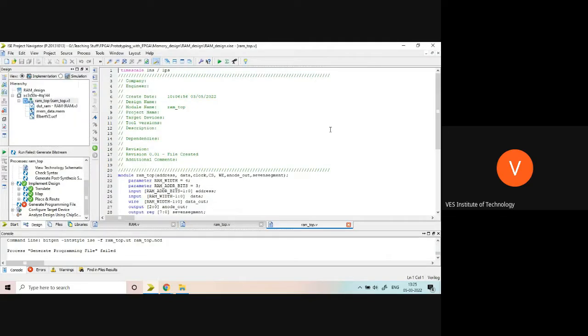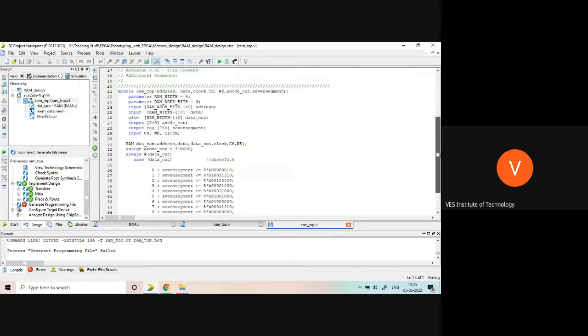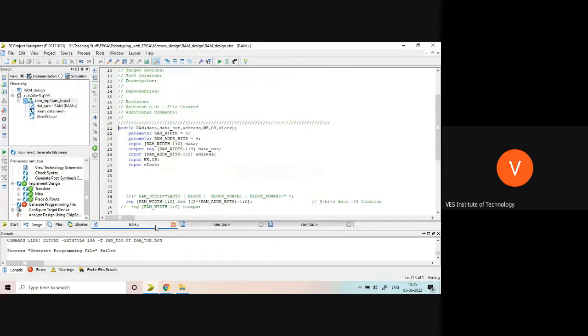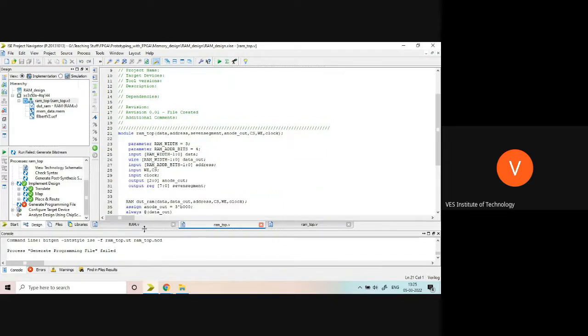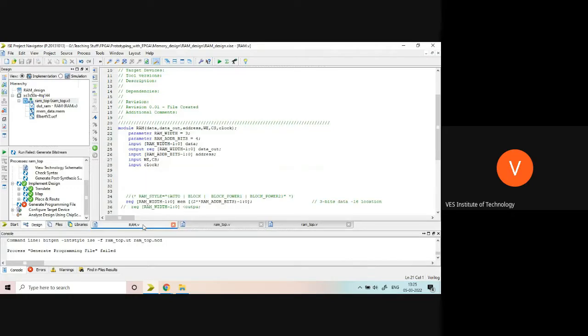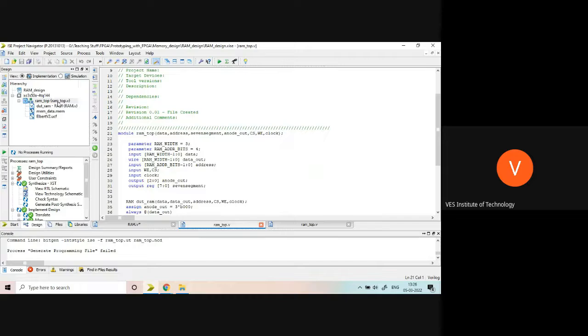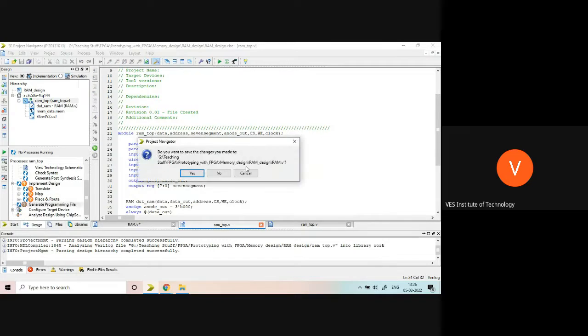Wait a minute, something has gone wrong. Okay, RAM width is 4, but I'm using RAM width as 3, and RAM bits are 3. Let's see, let's change this and check. It is not logical, okay. In these two things I'm making some mistake. Hopefully it should work.